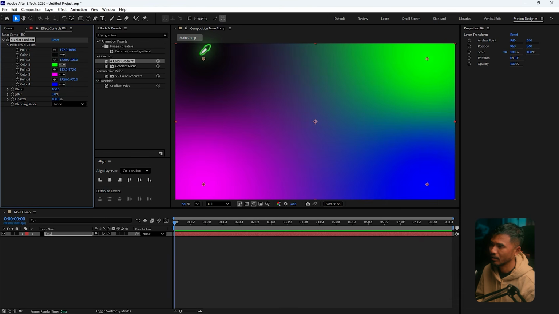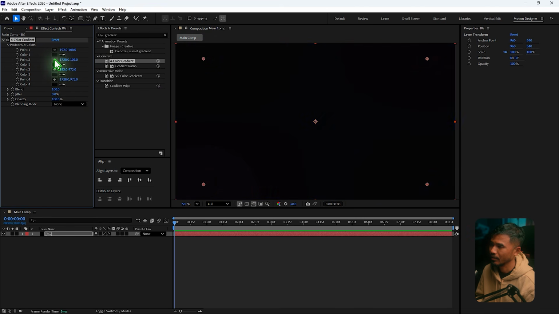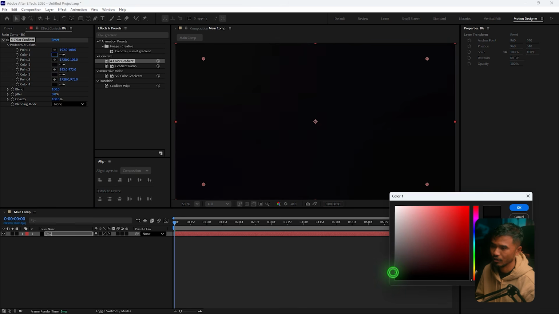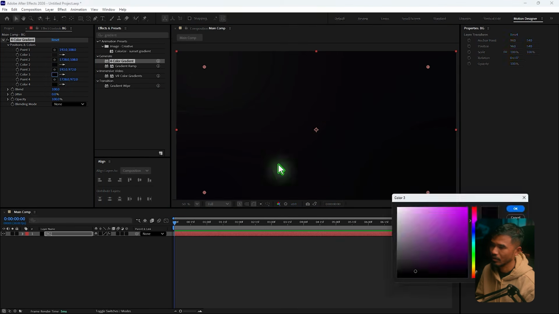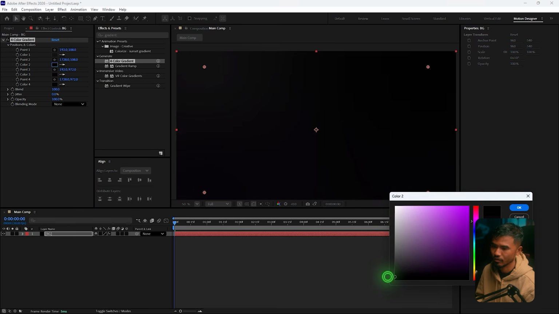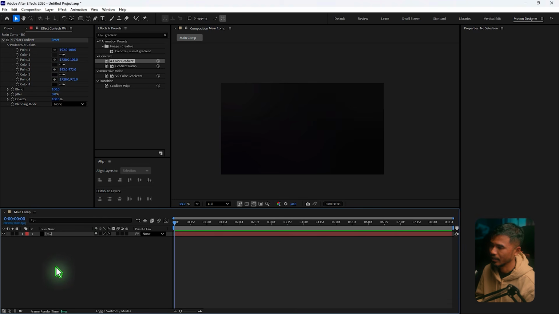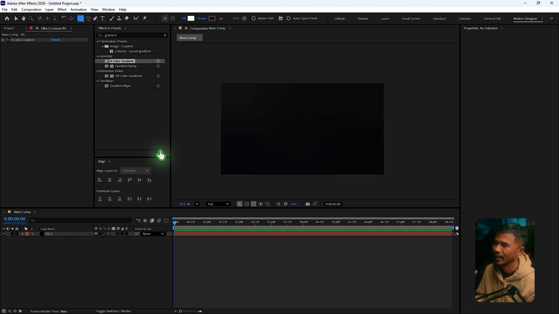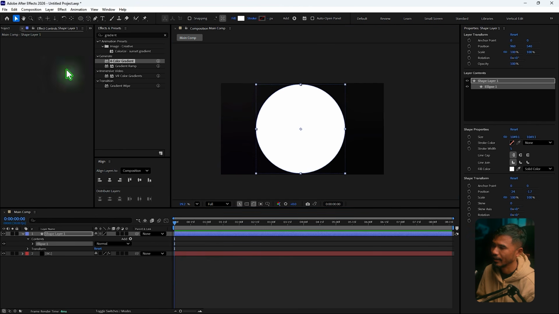I can just pick the colors here and here and here, and I can just shift the colors a little bit here to the brighter side, and to this one, I can just shift this bright a little bit. Right, so that's nice. And without selecting any layers, just draw an ellipse, something like this, like that, and go